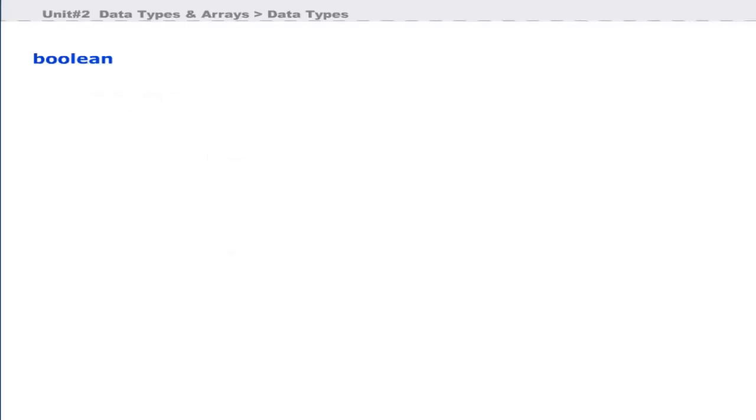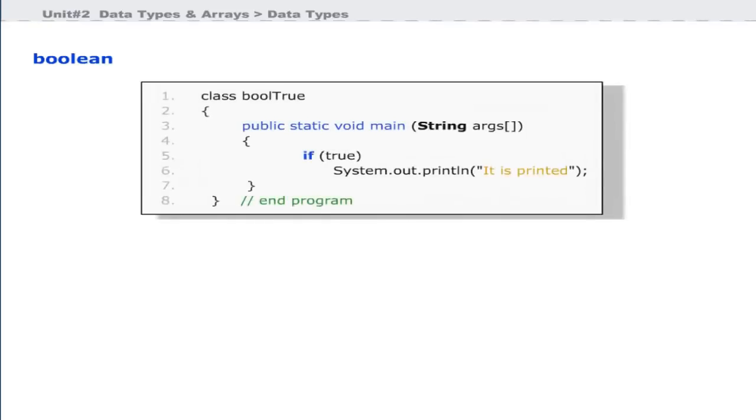Now let us discuss a program that demonstrates the use of Boolean value true. At line 5, if conditional statement tests a Boolean value. Since this is true, the statement at line 6 is executed. We will discuss control structures including if later in detail. For simplicity, remember that if the condition in if statement at line 5 returns true, only then the next statement